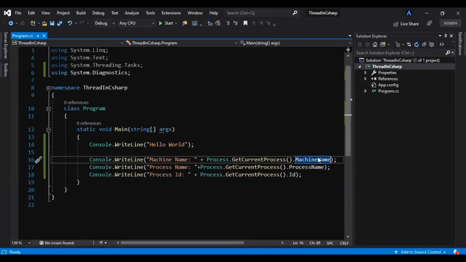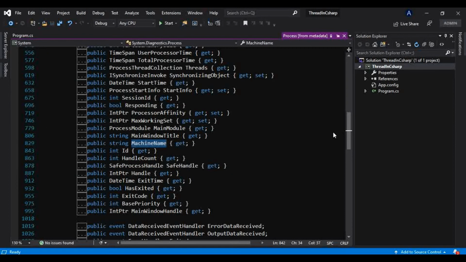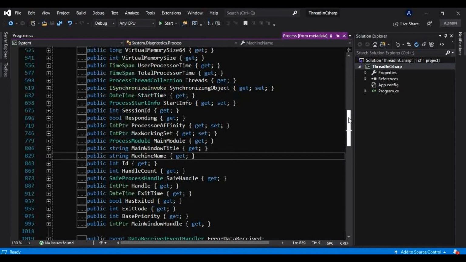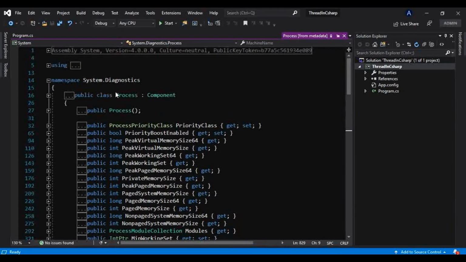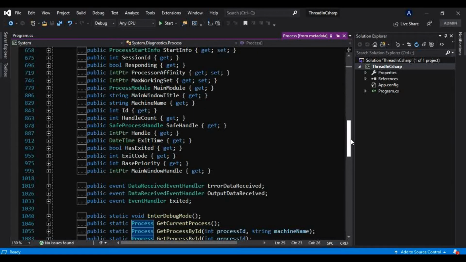Okay, and if I go to this property's definition here, so this is nothing but a property present in this class only, that is this Process class, and it has several methods and properties here, but we don't have to worry about them.